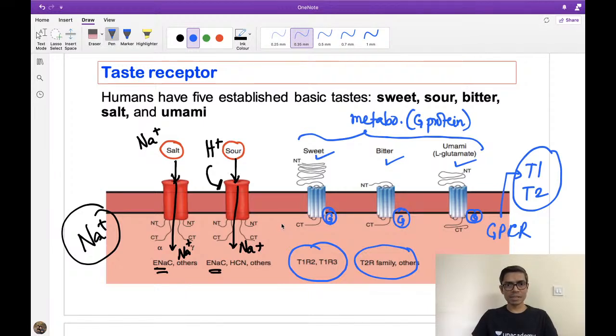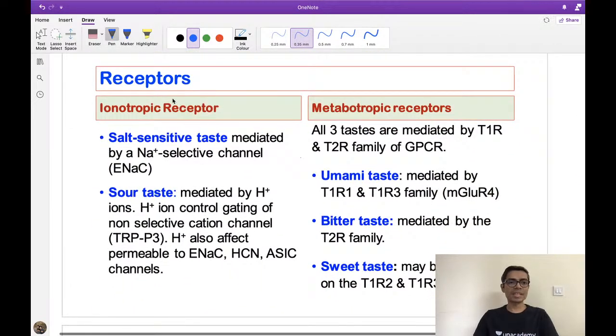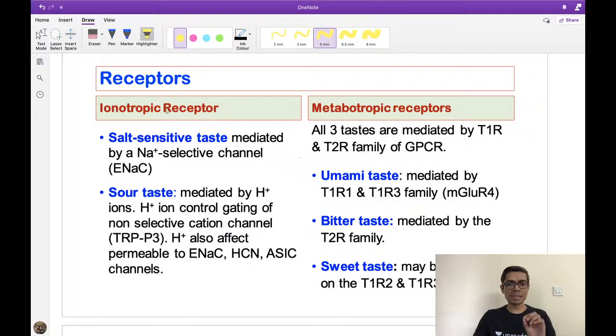Getting my point? So look at the next slide, everything will be clear. Okay, so first of all, these are the different taste receptors, ionotropic receptor and metabotropic receptor. We have already discussed that ionotropic receptor means it is nothing but ion channels. So salt sensitive taste and sour taste, read whatever is written here, very very important for your NEET exam as